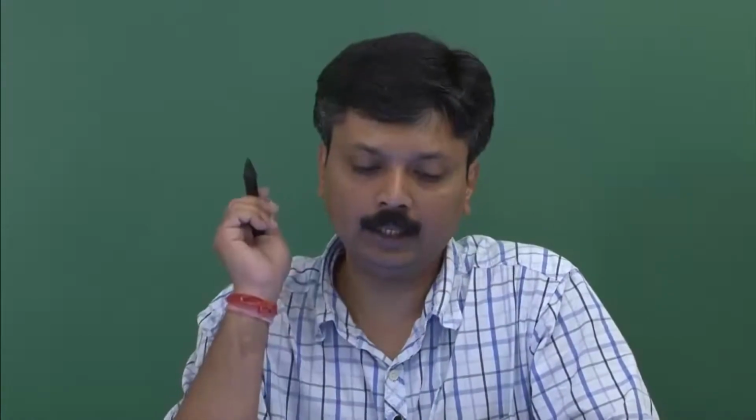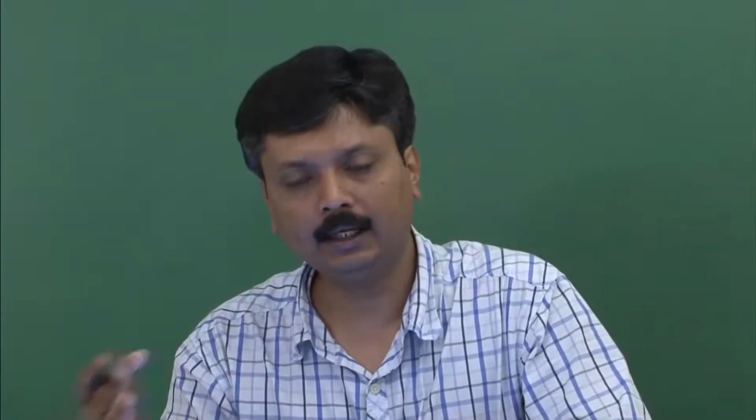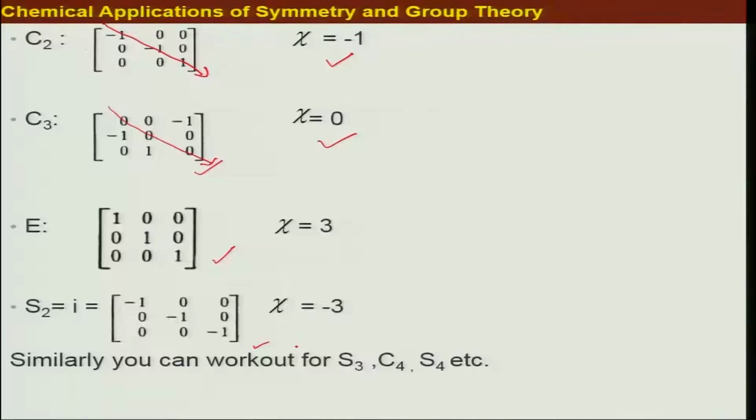So, I can get those characters by forming the matrices and summing up all the diagonal elements, but there are also ways that I can get the characters directly. We will talk about those things later, but to begin with, I urge you to work out the representations for different symmetry operations, not only by taking the Cartesian coordinate system x, y, z,